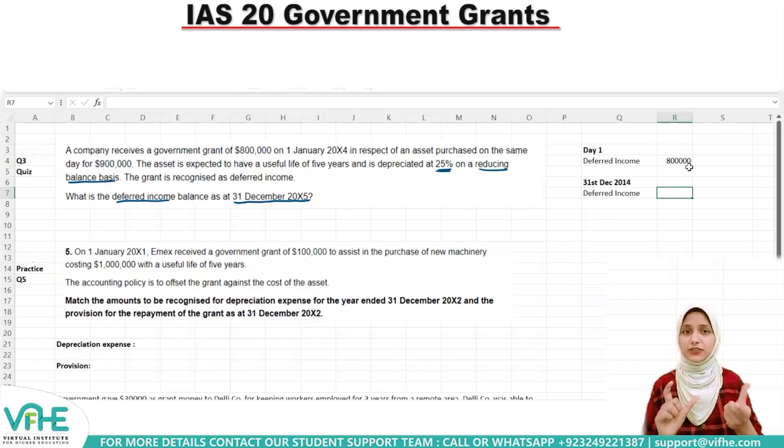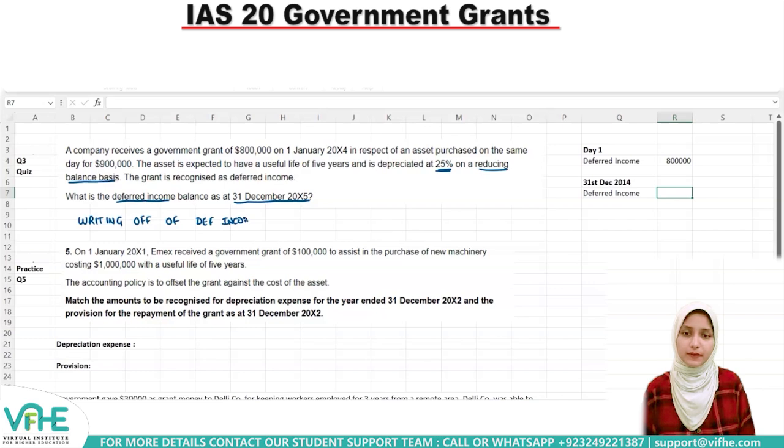Now, the pattern of shrinking of this deferred income balance, the liability in the balance sheet, what is this pattern going to be? It's going to be based on the depreciating pattern of your asset, okay? So, I'll just write it over here for you. Writing off deferred income pattern or basis is going to be same as